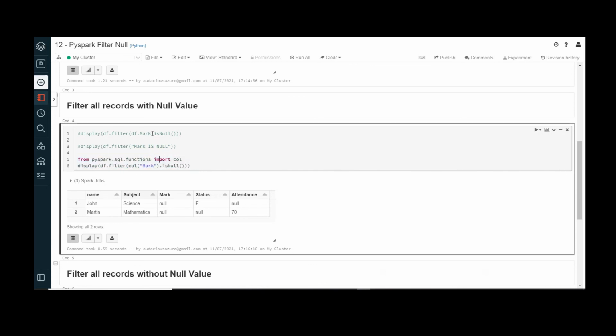So here, in place of referencing the column, we can use the keyword col, then give the column name. But in order to use this keyword, we first need to import this function from PySpark SQL functions. So we have to import it in the first step, then use this syntax. Otherwise, it will throw an error. So I have imported it in this line and I'm using it. Let me execute this one.